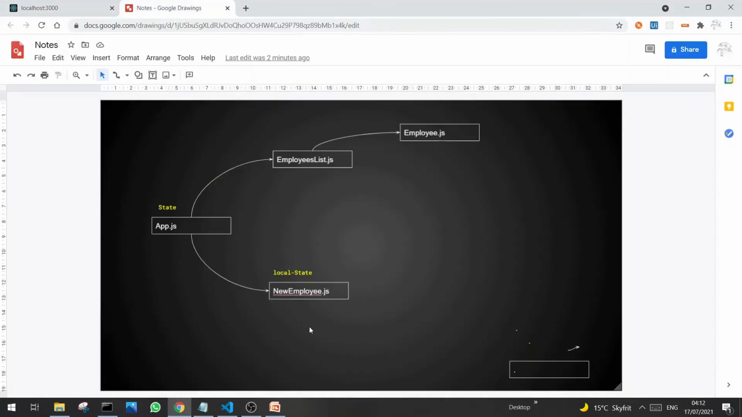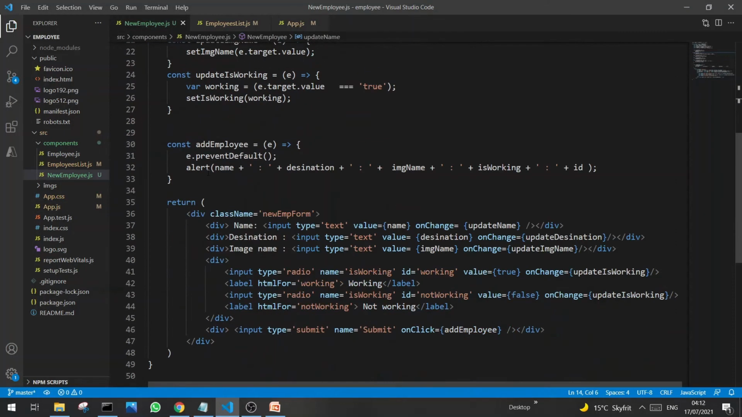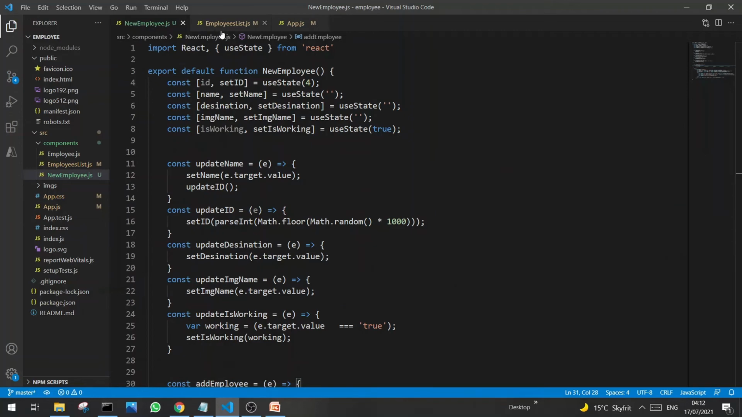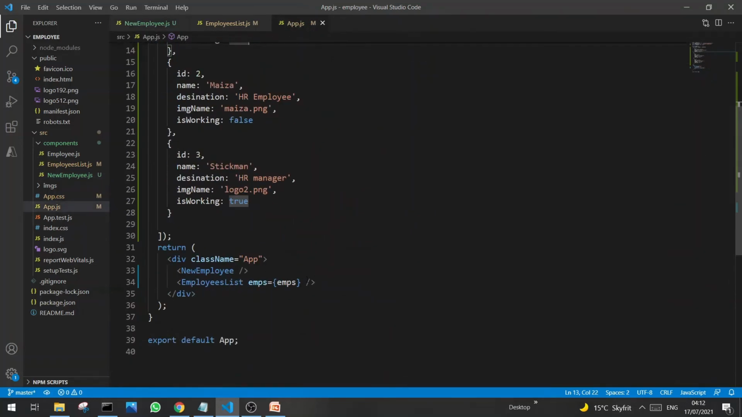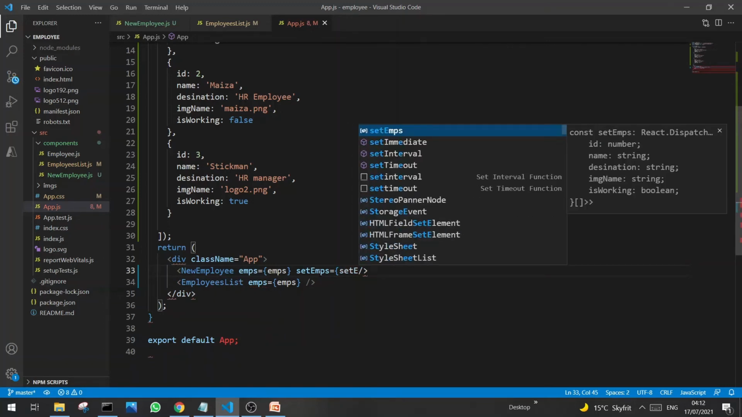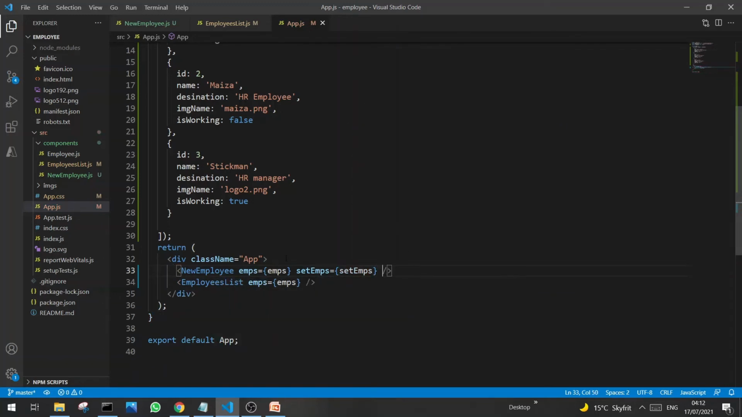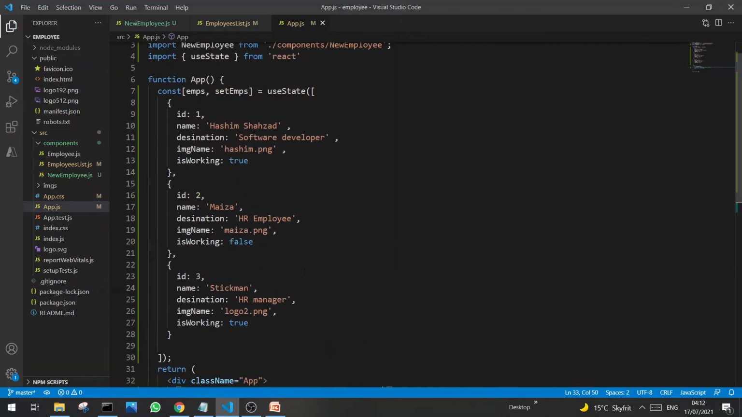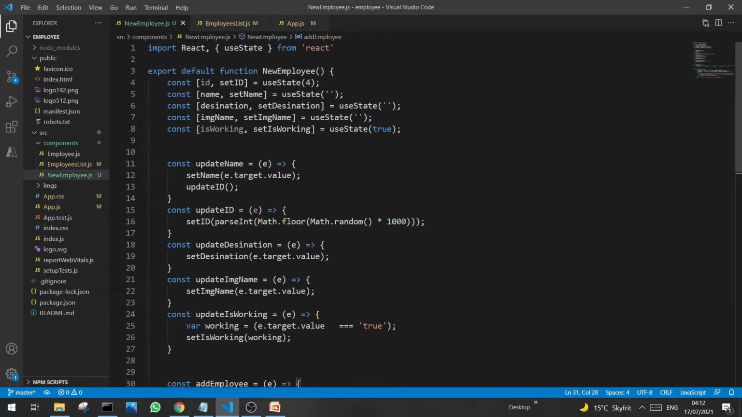Now the next step: how to add the data from this component into the parent state, in the parent component, and we can do that. For the new employee, actually we have the local data here, but first we have to pass the data in the form of props. So come here, and first of course is employees, and the second is setEmp. Yes, so we are having two props, employees and setEmployees, and actually it's a function which can change the state. Now come here and